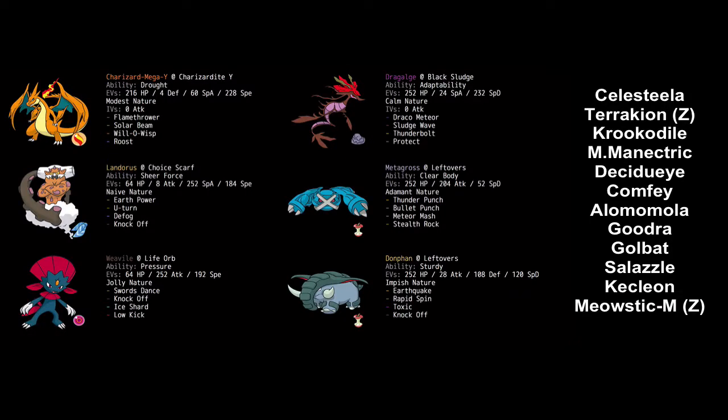I'm your host, King L5, and today I'm bringing you my Week 3 match up against Narth. You can see his team. A few of the biggest threats to my team defensively would be the Celesteela, offensively would be the Terrakion. So those two are pretty much the main things that I have to look out for in this game. I mean, he does have other Pokemon that do have decent matchups, but those two are the ones that I'm